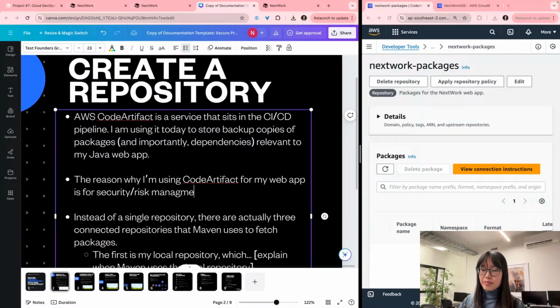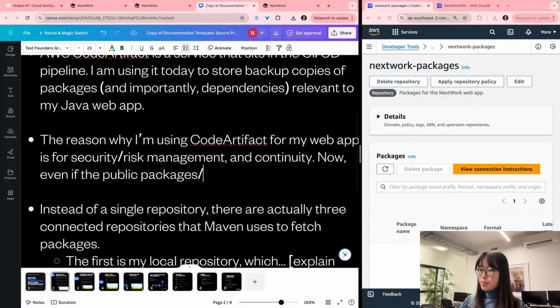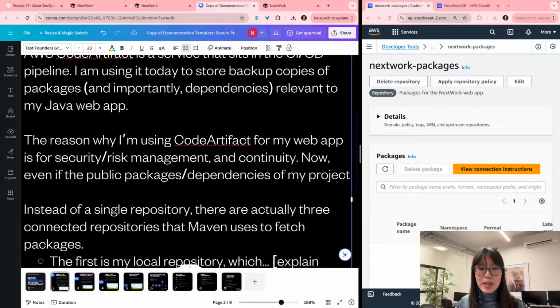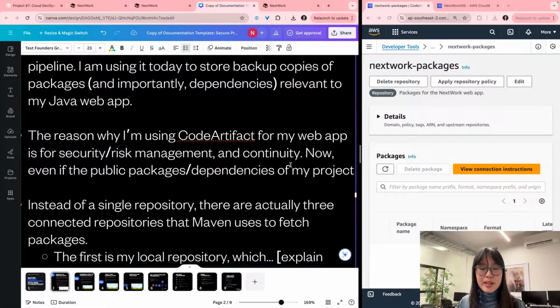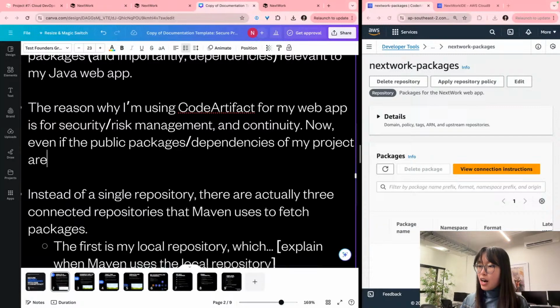risk management, and continuity. Now, even if the public packages or dependencies of my project is of my project, grammatically correct? I'm wondering this out loud right now. Now, even if the public packages or dependencies of my project, I won't leave it for now, but if it's not grammatically correct, let me know in the chat. I'm very curious now. Even if the public packages or dependencies of my project are no longer available,